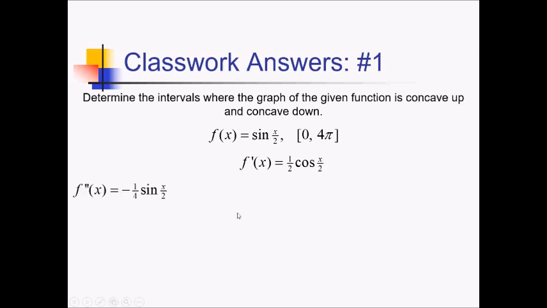And at this point we have to figure out where this thing has critical values. So set it equal to 0 and solve. So this is going to equal 0 wherever sine of x over 2 equals 0, if we just divide both sides by negative 1/4. And then sine of x over 2 is going to equal 0 wherever y is 0